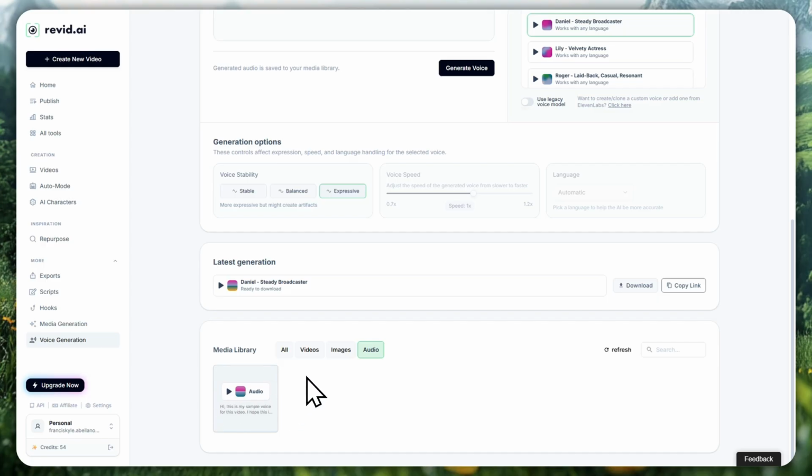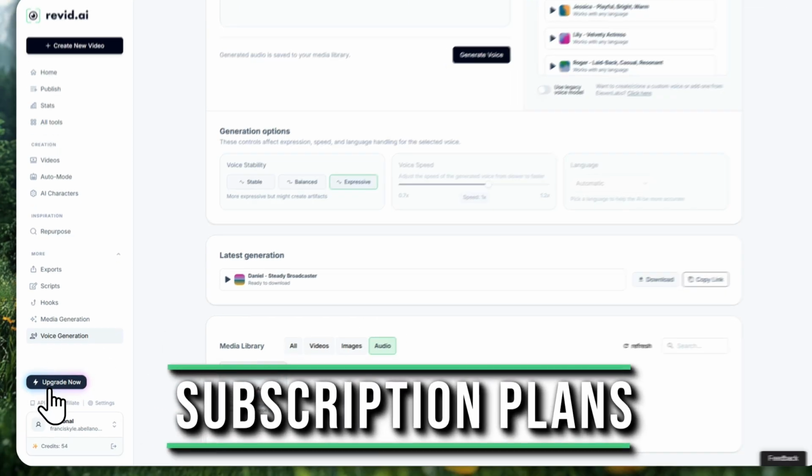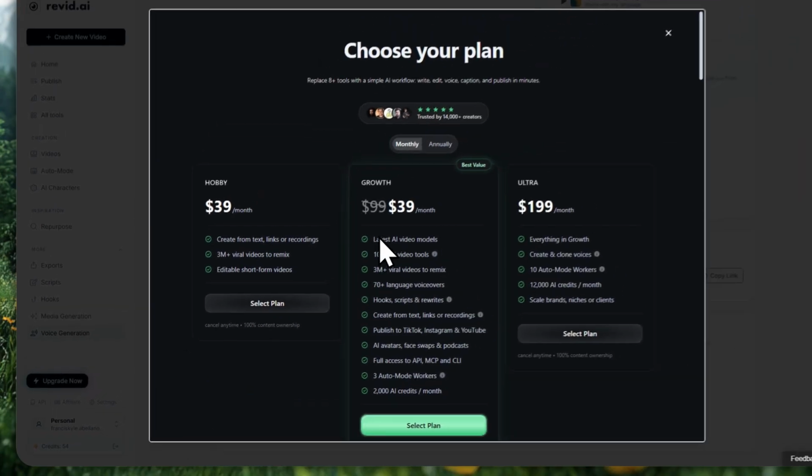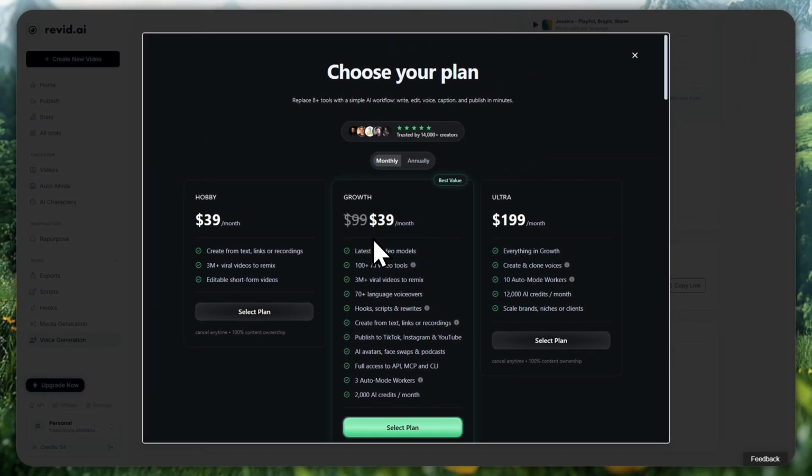So yeah, that is basically it on how you can generate your voice here in Revid. Alright, so now with that, I have now discussed the features here on Revid. So now you can use them yourself effectively. So now it's time to go here into the Upgrade Now button so that we can move on into discussing the paid plans. I'll discuss what each one is so that you have an idea on what to get based on